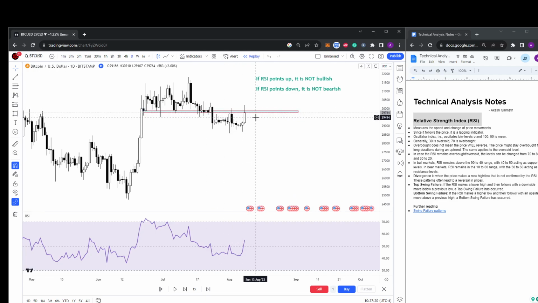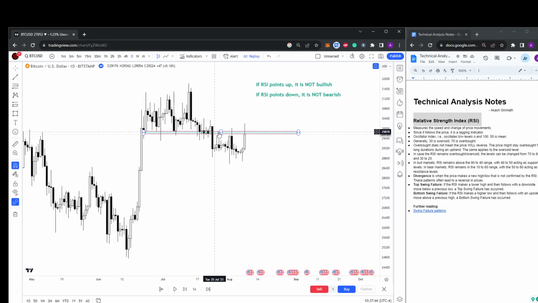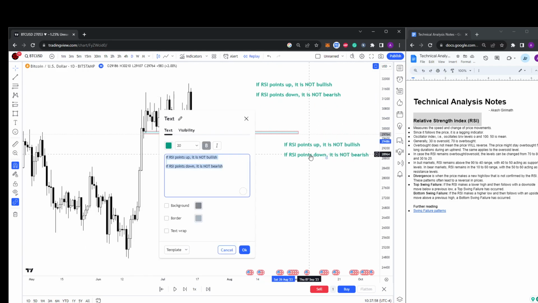So the price is at resistance level, and it's attempting to move higher, and depending on this daily close over here, you can see there's a massive swing failure pattern, or a failure to break out, right? So technically, if you just look at the price action without the RSI, you would note that this is bearish because Bitcoin is now attempting to breach a resistance level, and it has failed not once but twice, right? So first thing, my first analysis is that price is at resistance, right? This is my first understanding,